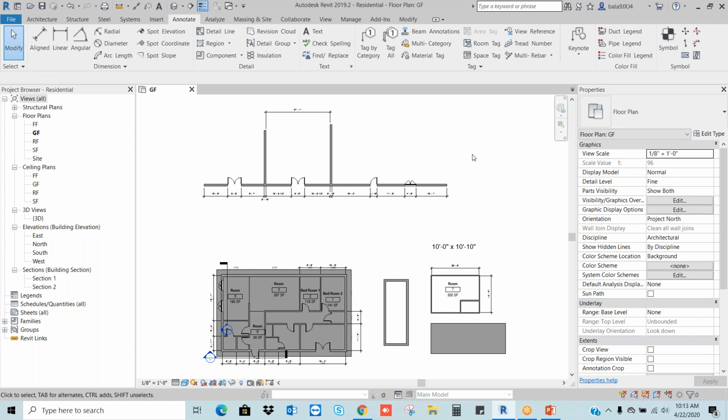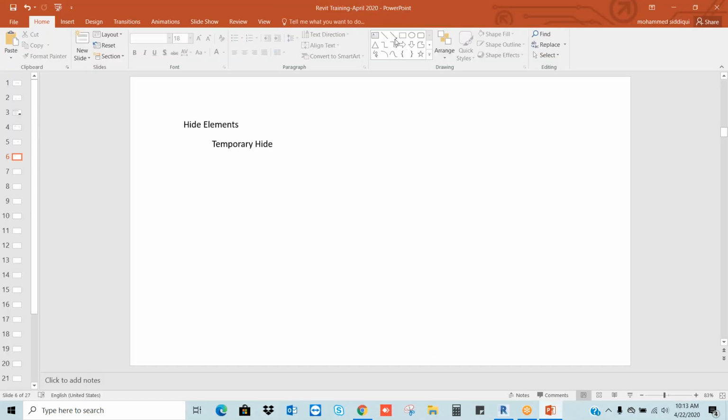Clear? So generally, if we think about the workflow in Revit, as we know, Revit is a tool for BIM. In BIM, we do different kinds of workflow. To work in this Revit, we have a workflow like this.